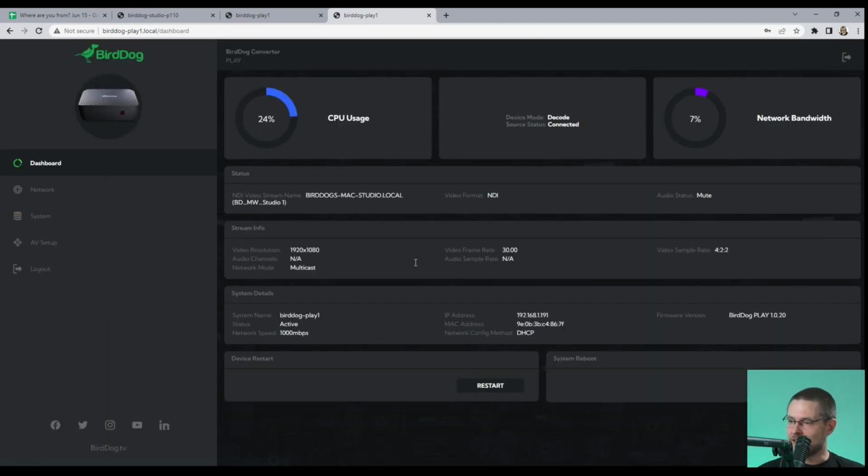And by the way, pro tip here, it's always birddog, lowercase, all one word, because BirdDog is one word for this company, but it's all lowercase. The default password is birddog. If you're in a non-secure location, you might consider changing it, but please write that down in the documentation, okay,